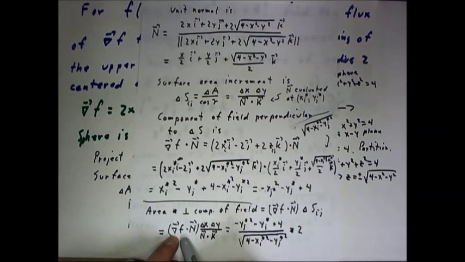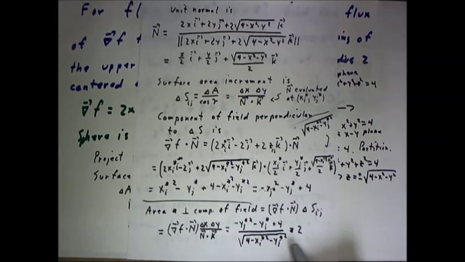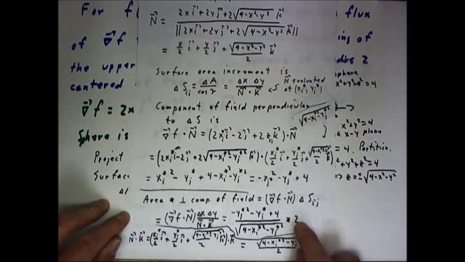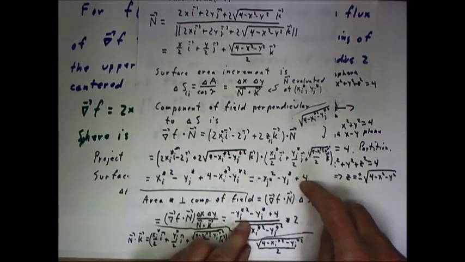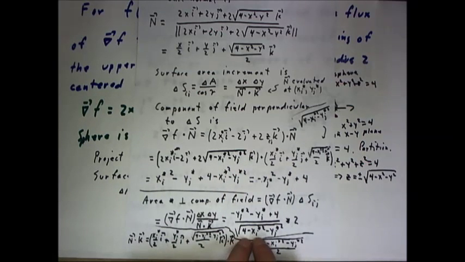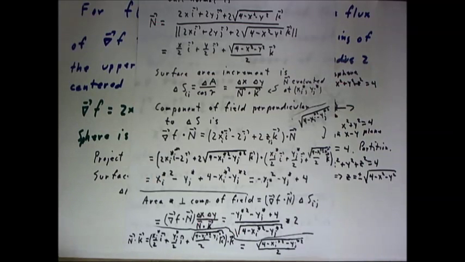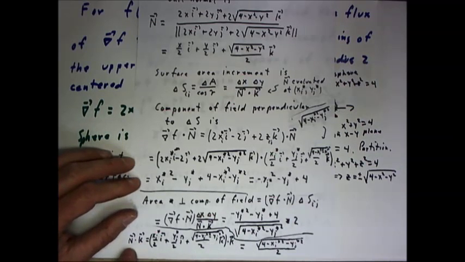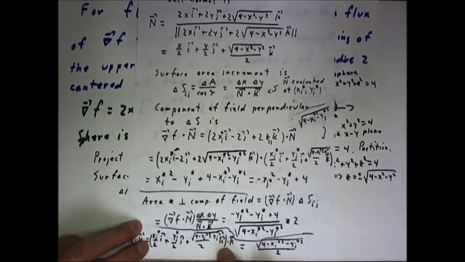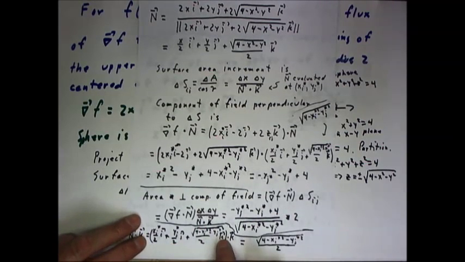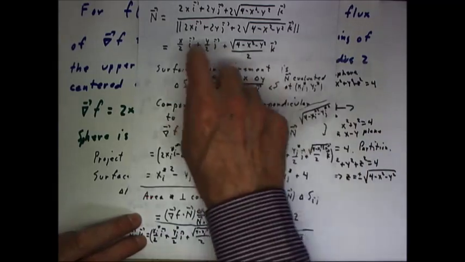The del f dot n is just this, and this is the expression we get, this numerator being just this dot product, and this denominator in this multiplication by 2, I just filled this in. n dot k for our point xi star, yj star is just the expression for the normal vector, which is written pretty small here. You might not be able to read it, but it's just